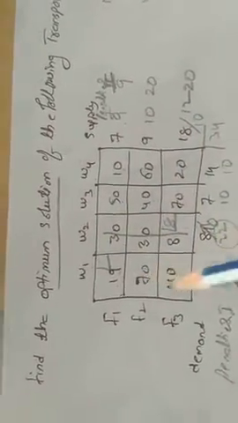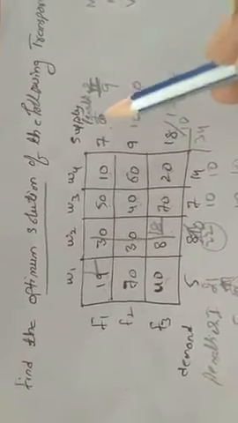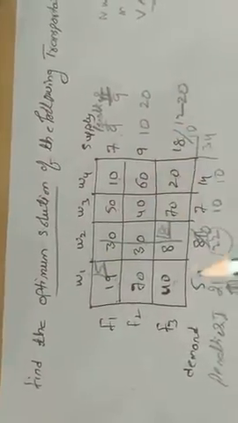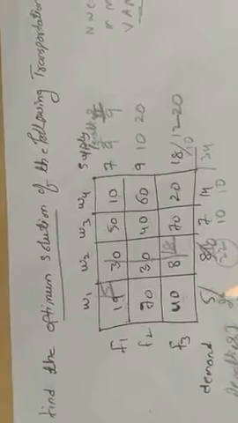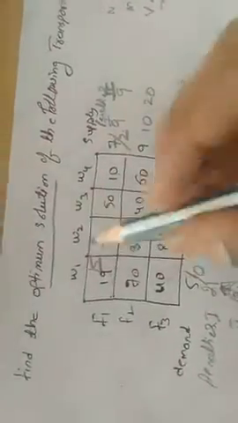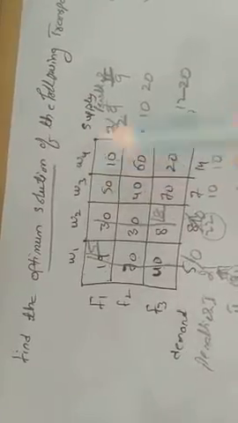Next, observe the demand side as well as supply side. Demand side 5 is there and supply side 7 is there. So which is the minimum? 5 is the minimum. That's why I am assigning the 5 here. So 5 minus 5, we got the 0 value. Here it is the same, we got the 2 value. I am eliminating this one, that's why we got the 0. So next here 2 is there. So we have eliminated the W1 column as well as the W2 column. So next W3 is there, W4 is there.